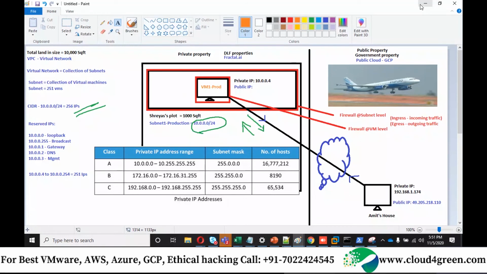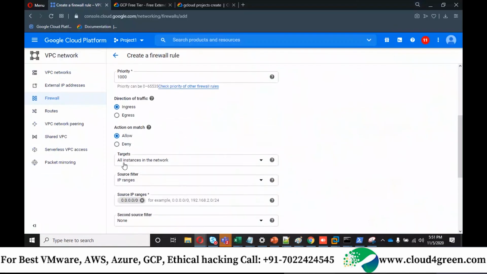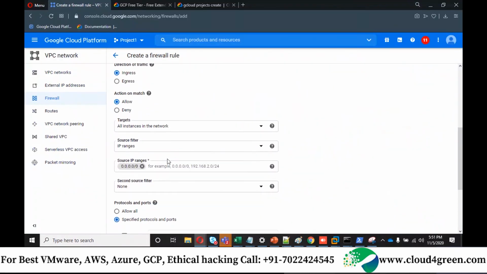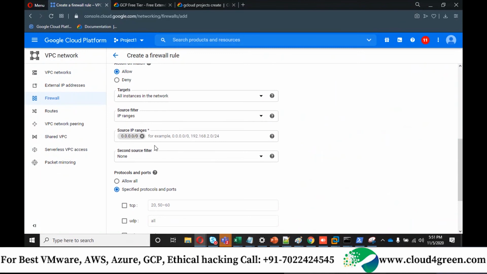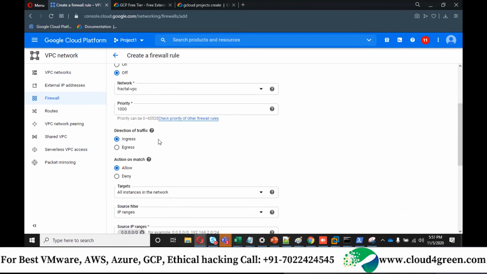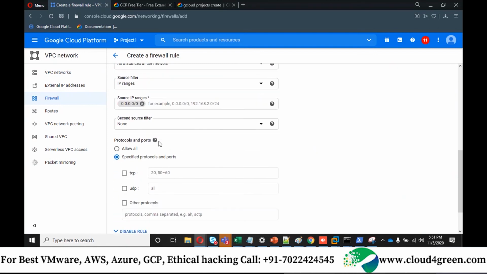Target means VM1 production. So target I mentioned all instances in the network, and source IP means from where the request is coming from. So here I mentioned 0.0.0.0 so that any IP in the world can connect to my cloud machines. Okay, and the second source filter, no, I don't have any second source.